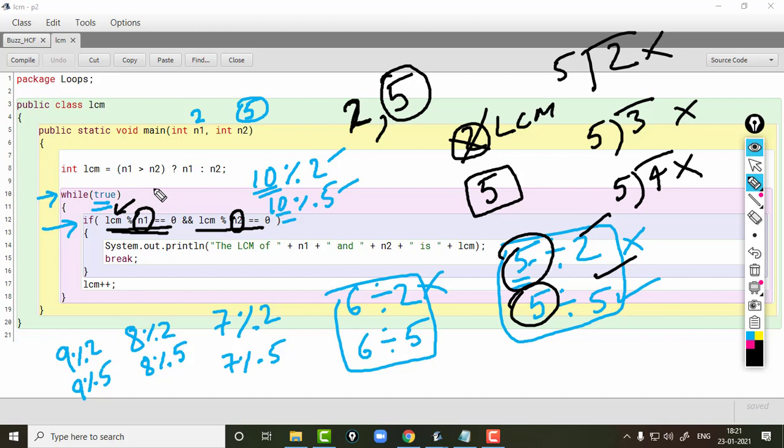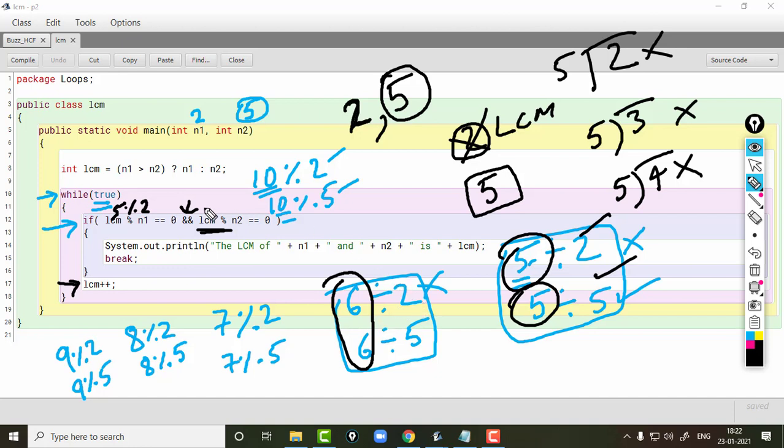But in this case, the LCM value is 5, so 5 modulus 2 will become false. When it becomes false, the next condition will not be checked because of the AND operator here. Control will come to the next statement, LCM plus plus. That means now we have increased the value of LCM.